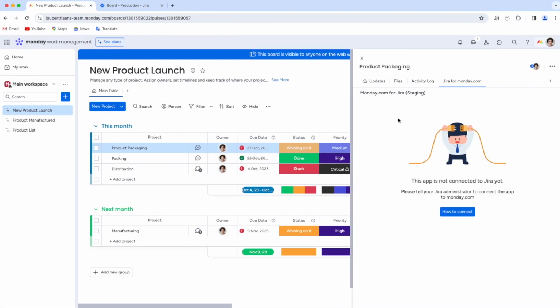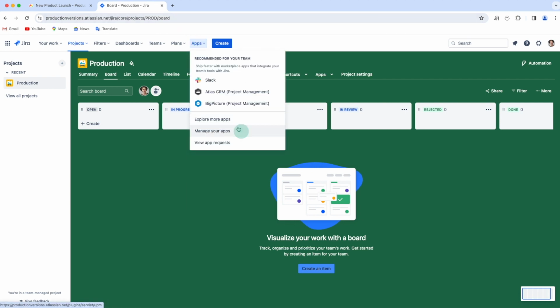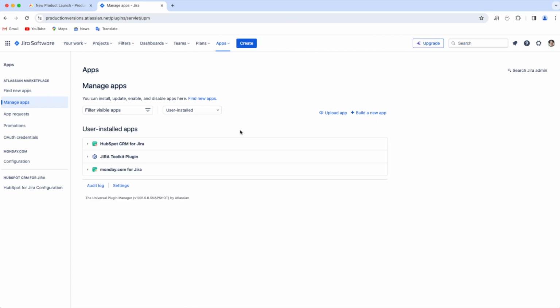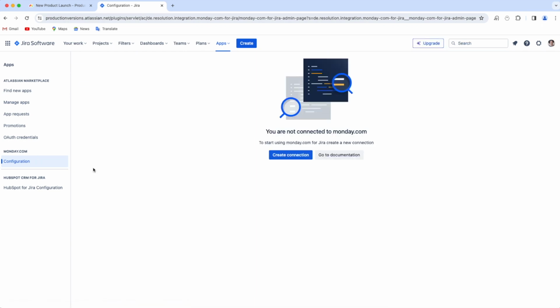In Monday.com, I can see that I have the app installed, but I don't have an active connection. I can fix this by heading over to my Jira instance. From here, I want to click on Apps, followed by Manage Your Apps. Because I already have the app installed, I can go and click on the Monday.com configuration. In here, I can see that I also don't have an active connection, so I go ahead and click on